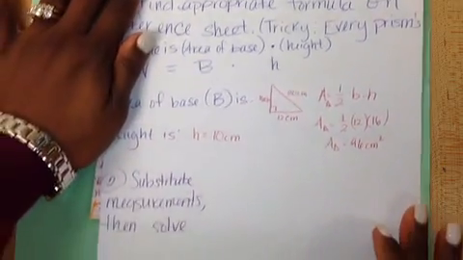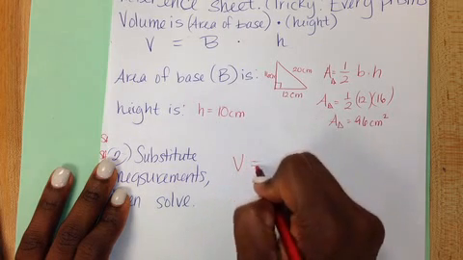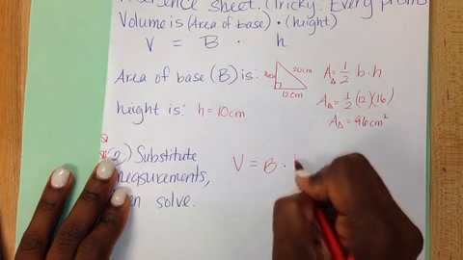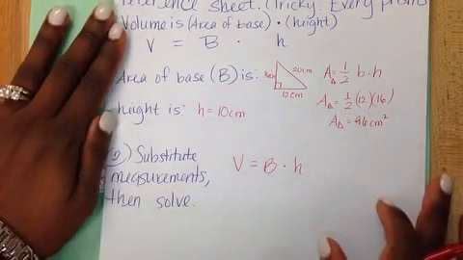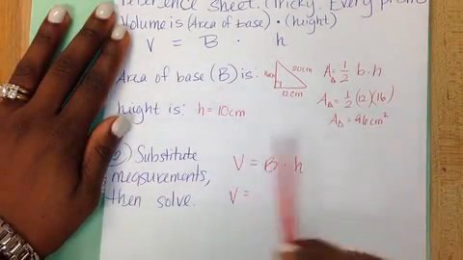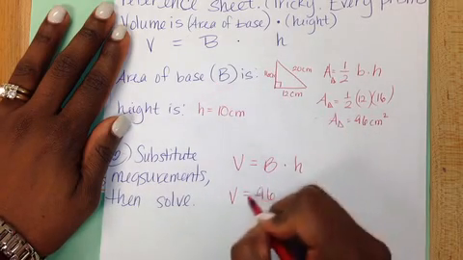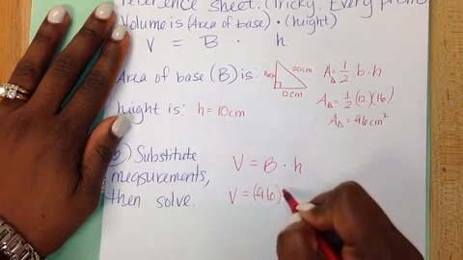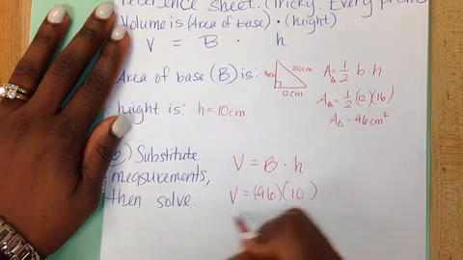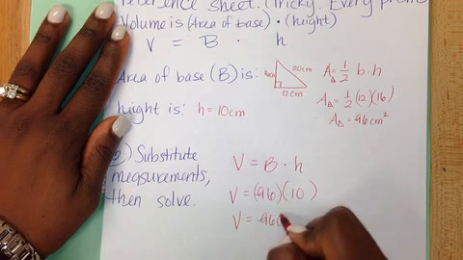Okay, now we're going to go ahead and substitute the measurements and solve. So writing out the formula, I have volume equal to area of the base, that's what big B means, times the height. And that's what it means consistently throughout your reference sheet. Okay, so volume is going to be equal to, what was the area of the base? 96 centimeters squared multiplied by the height, which we found to be 10. And we end up with volume being 960